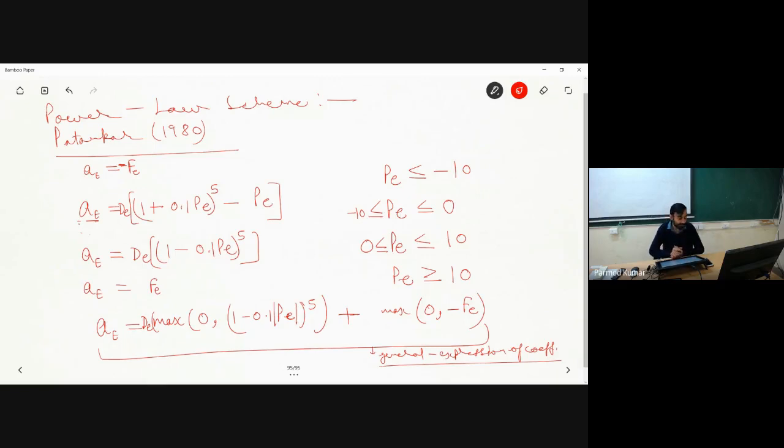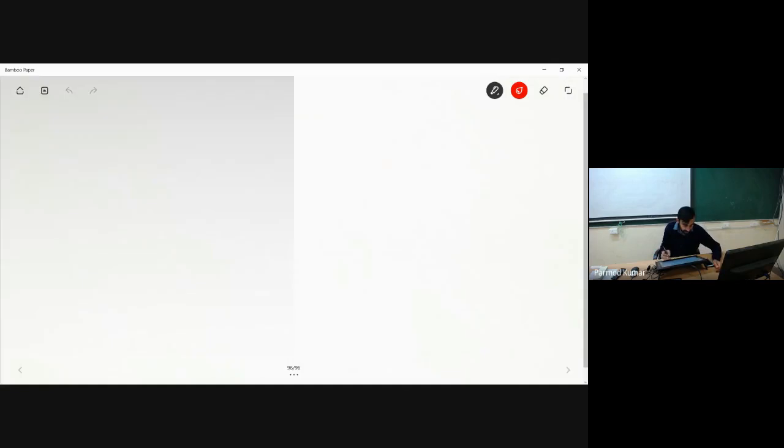And one of the beauties of this power law scheme is that it results in a solution of the equation very, very close to that of the exact solution. Okay, and that's why this power law scheme is very, very popular also, and in majority of your commercial as well as the open source solvers, it is actually being used widely. Okay. Now let me compare different schemes. So now what I will be doing, I will be making the comparison of different schemes, whatever I have shown over here.